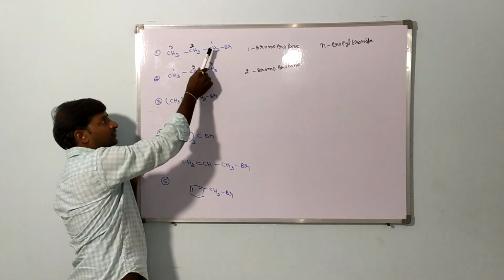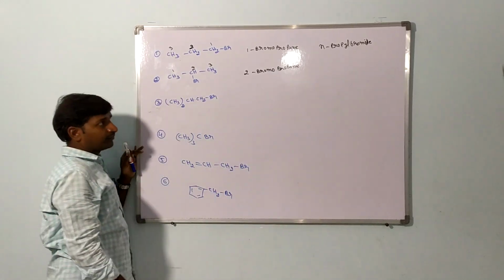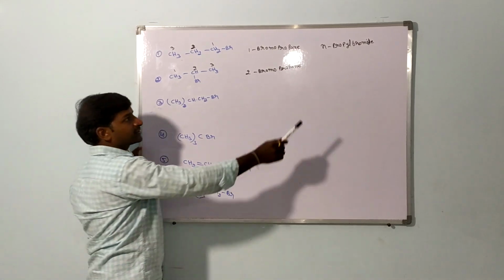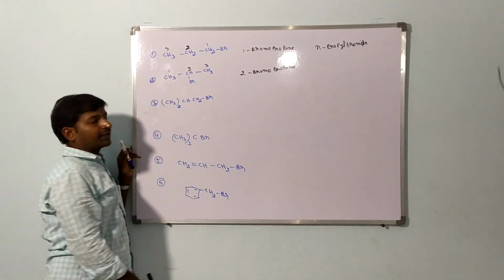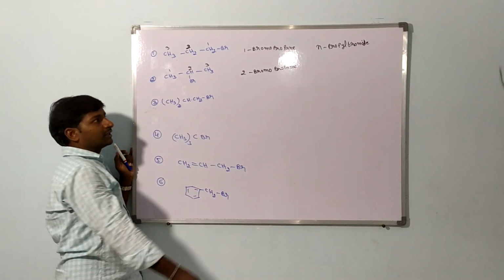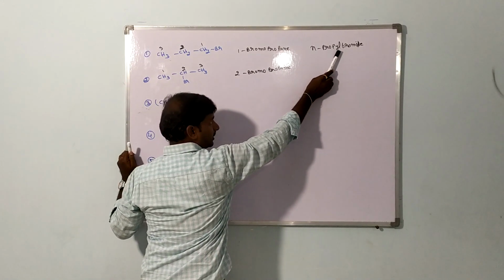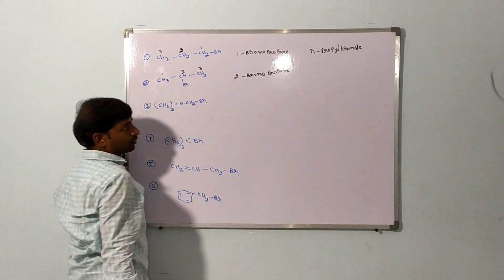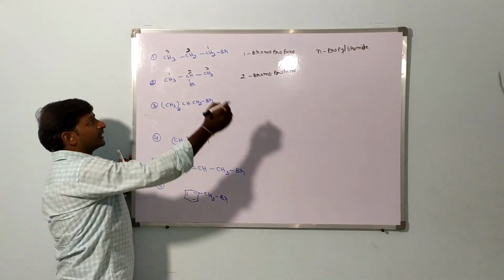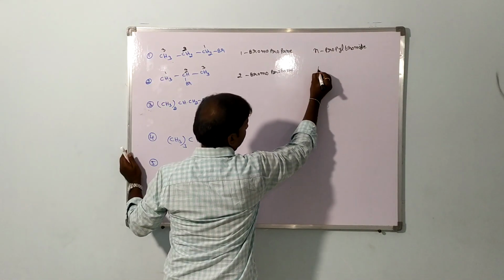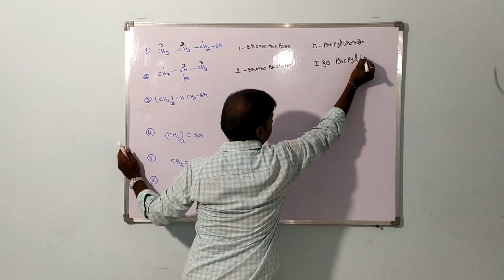If halogen is attached to the first carbon and there is no branching, in the common name we use N. Total 3 carbons are present, so that's pro. In the common name we add the YL, alkyl group. Next to that, bromine we write as bromide. N propyl bromide. The next common name is isopropyl bromide.